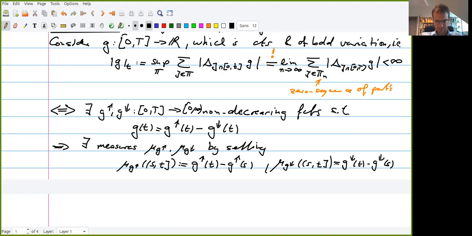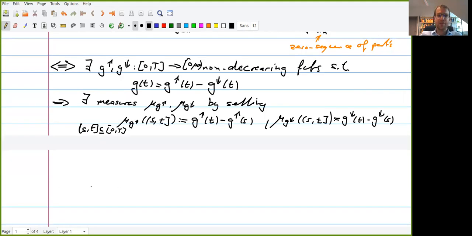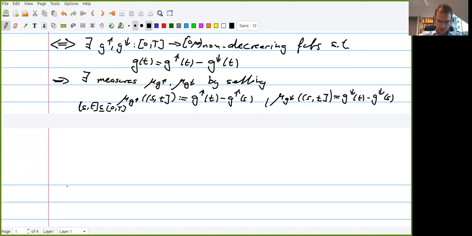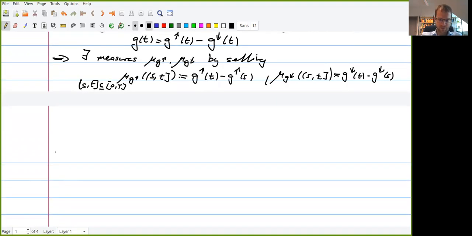Okay, and s, t is just an interval. So you get a measure on the interval 0 to t. Well, and if you have two measures, you know how to define the integral. So to define the integral,